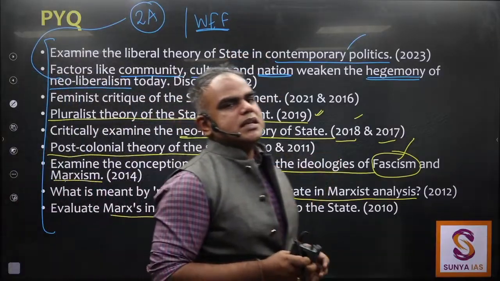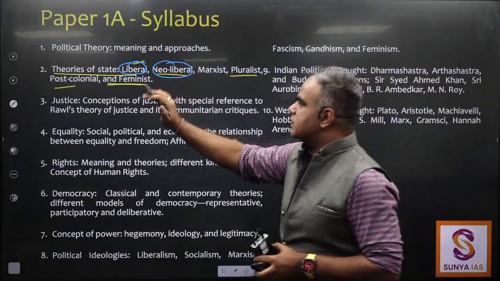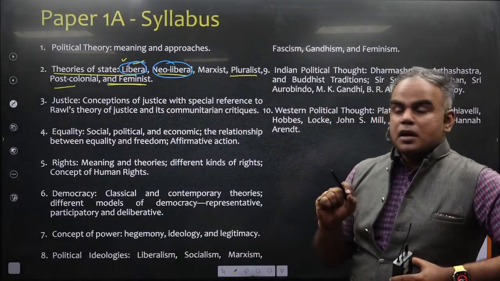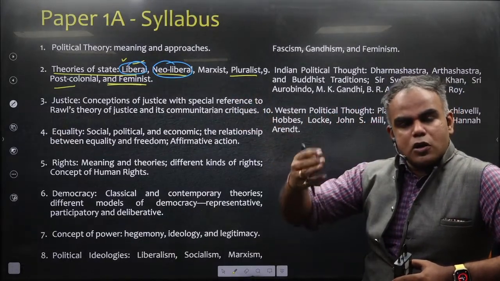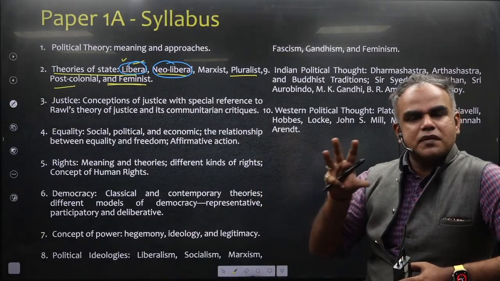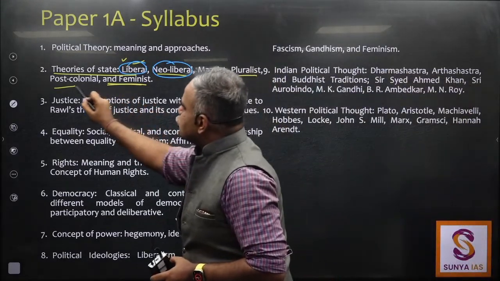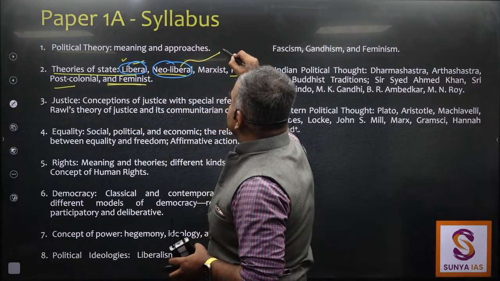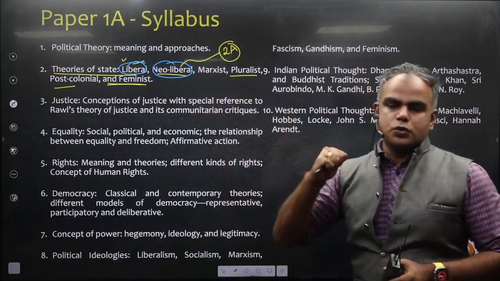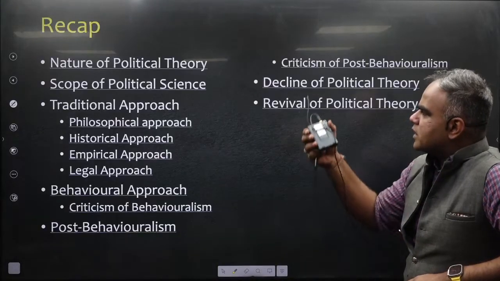So if you again broadly see, almost all the topics have been asked in some or the other year. So our job is, again we'll have our frameworks to evaluate them, analyze them, and in some of the topics I'll also go beyond, I'll also include some contemporary challenges, so that even if you get a difficult question, you'll be able to have some sufficient points to answer it, okay. And here additionally, this post-colonial and liberal, neoliberal, we will again see with more nuanced arguments from a paper 2A perspective also, okay. So this is what we'll be discussing, okay. This is what we had done in the previous class.